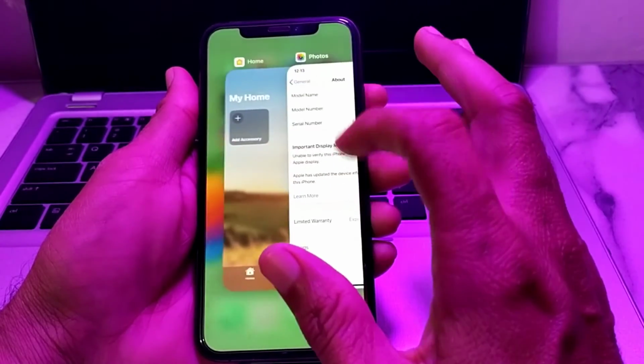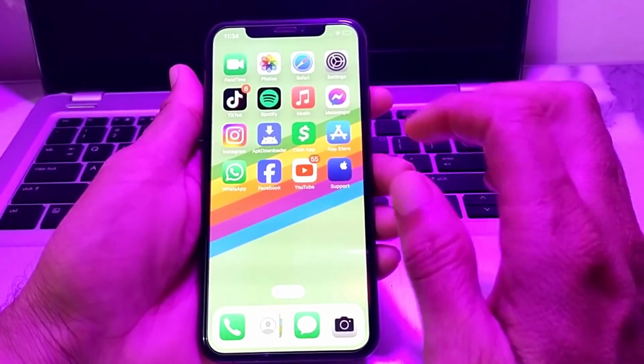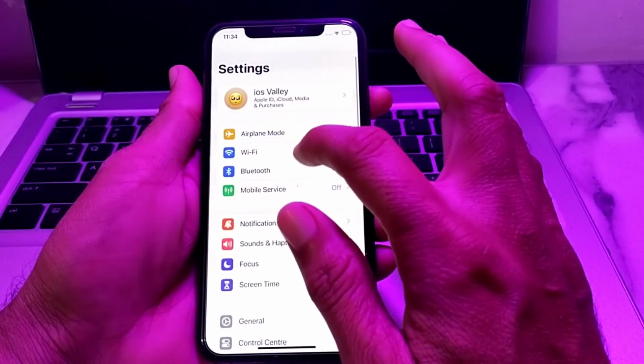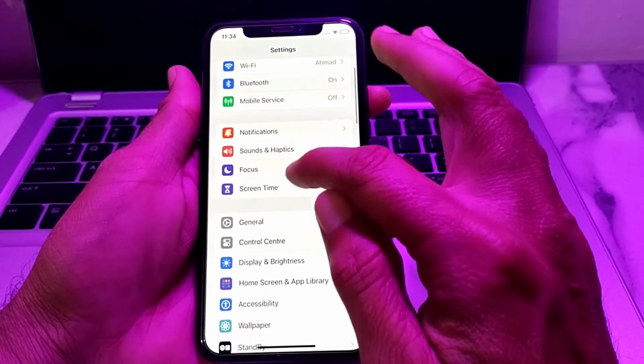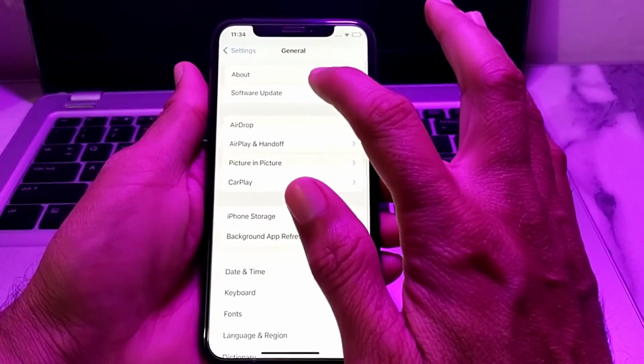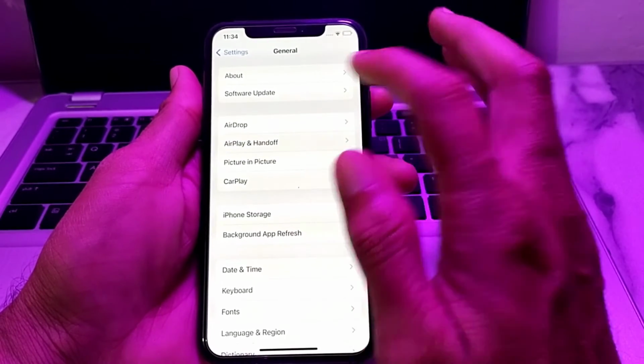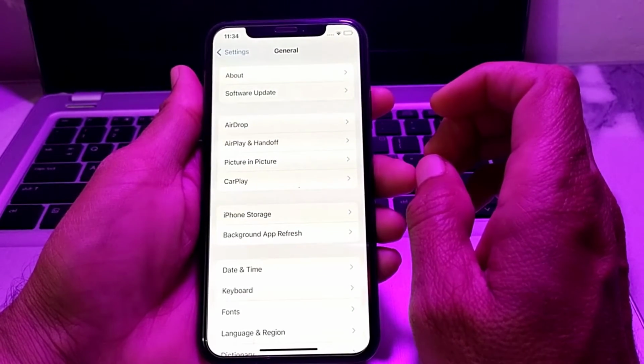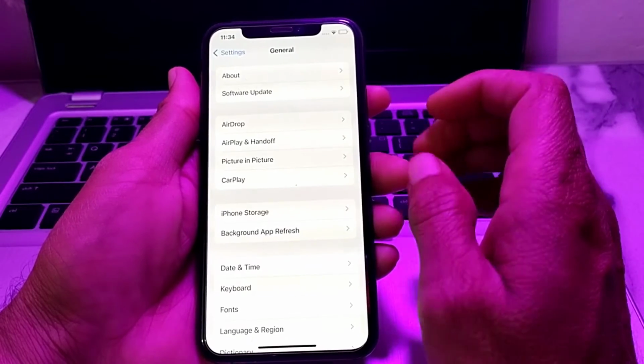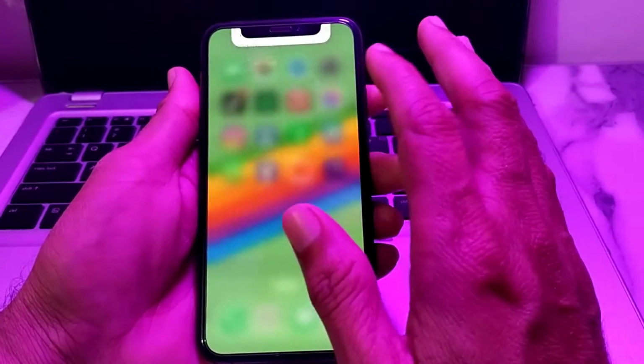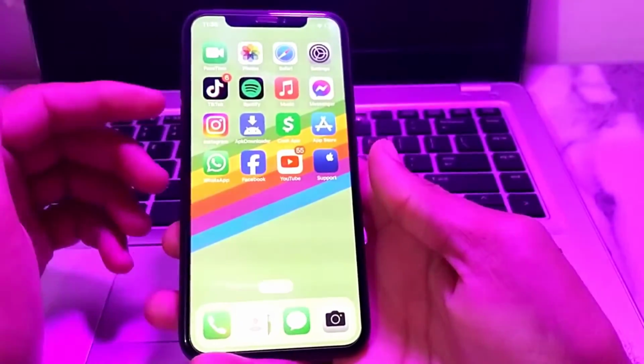Now we will have to close this tab. After that, you will have to tap on Settings on your iPhone device. Then scroll down, tap on General, and then tap on Software Update. After that, you will have to update your iPhone device to the latest version. Then after updating to the latest version, you will have to restart your iPhone device